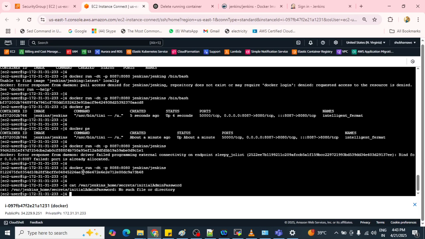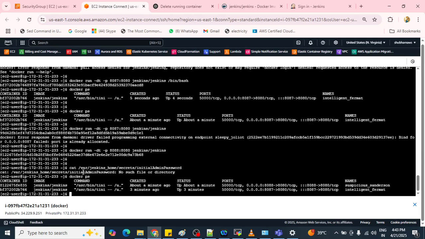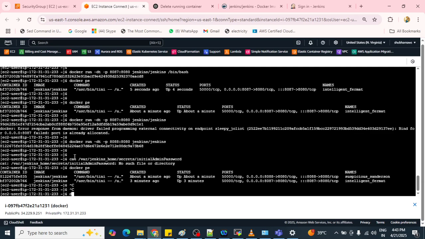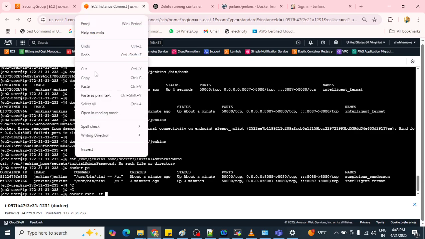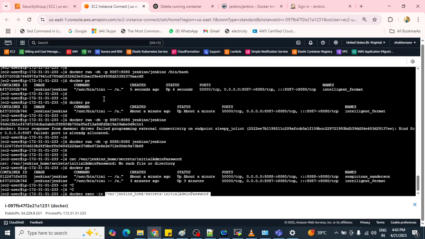You can run the docker ps command again to see the running container for the 8088 port. See this 8088 port, this is your running container. So go to that running container: docker exec, interactive terminal, put the container id here.